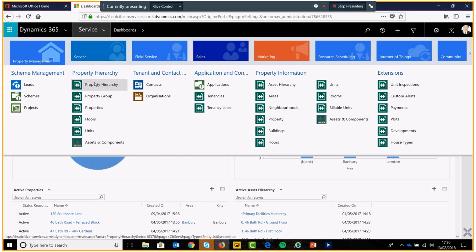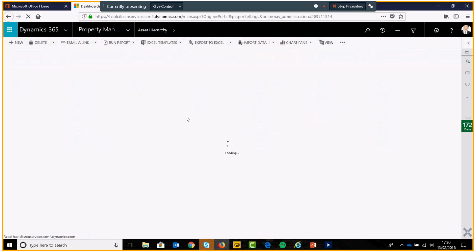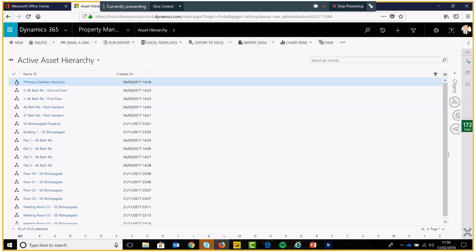You can see that facilities management solution, there are a bunch of custom entities that have been added here, right? You can see I've made use of the field services customer asset entity, just rebranded that, but you can see that most of this is custom, right? If I drill into my asset hierarchy to give you a quick peek at what this looks like,